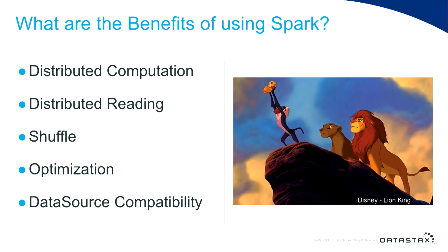Well, both of those code samples I showed you before will automatically make use of distributed computation and distributed reading, which means we don't actually have to define the fact that Cassandra is a distributed database that exists with data on many different machines and it's partitioned in this particular way, and to get all the data, you have to request it by token ranges. There's all these implementation details that we just don't have to know. Spark is going to automatically use the Spark Cassandra connector, in this particular case, to know how that data is mapped out, pull in the right chunks into the right machines, and do all of the work that we want.